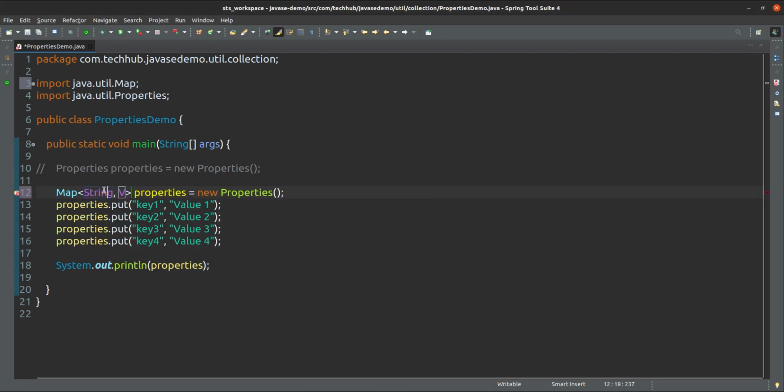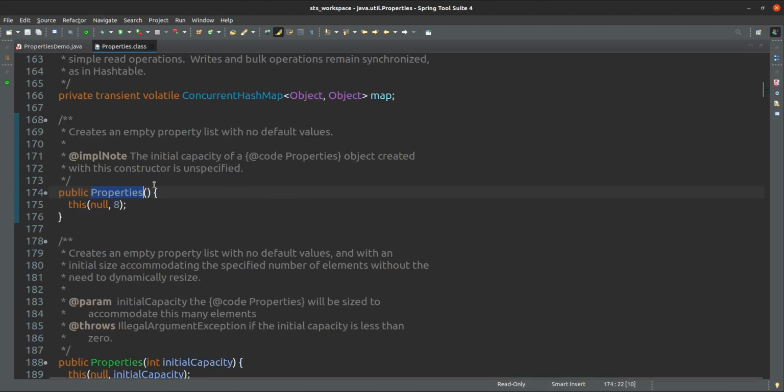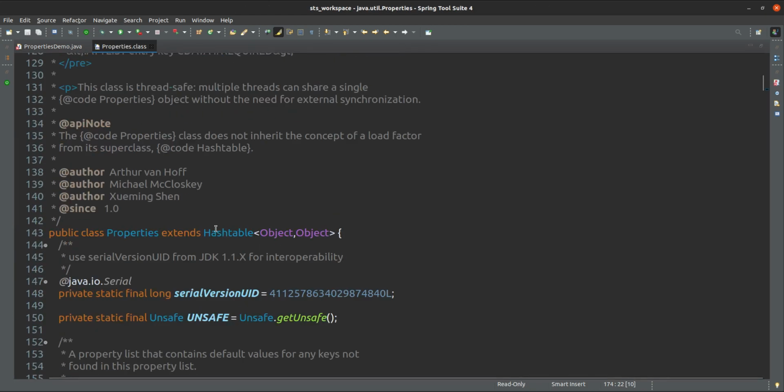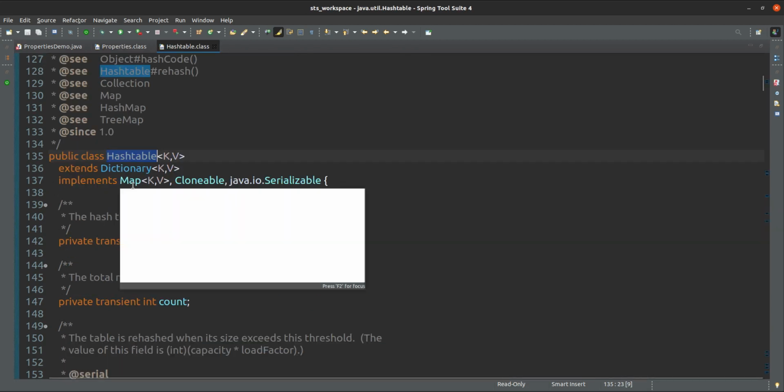Map of string and string, yeah, that is also fine. Hash table is the subtype of map only.